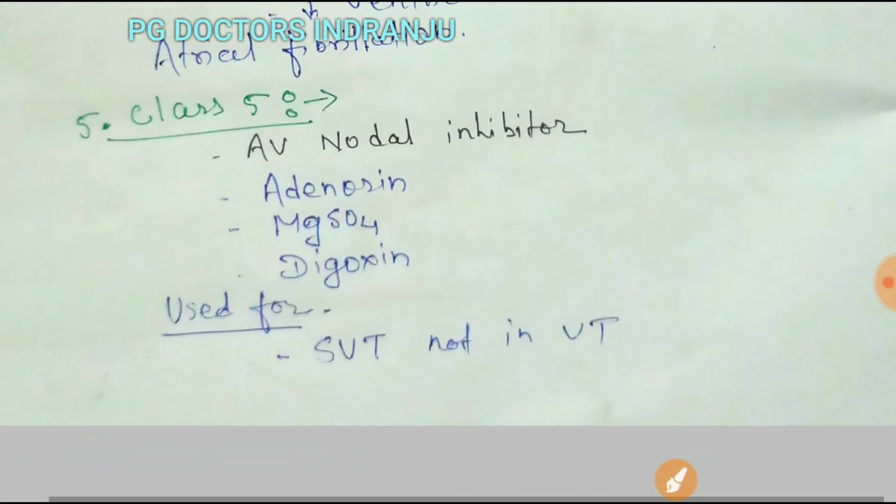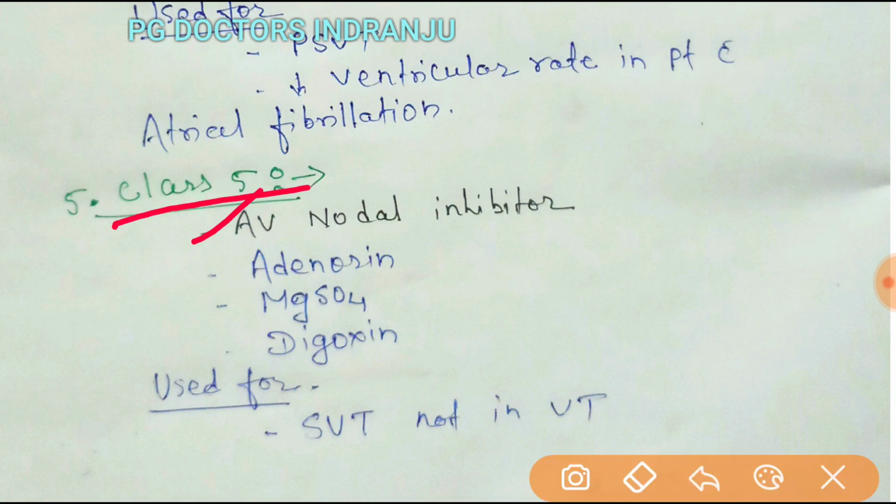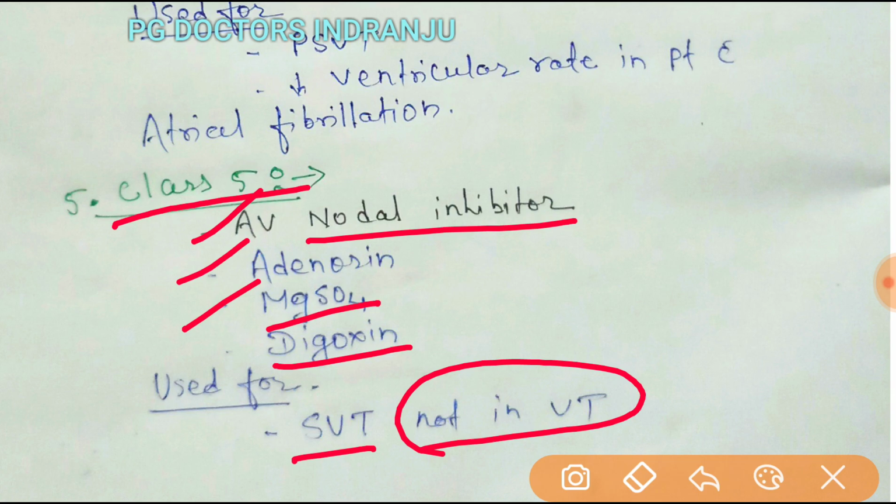And next is class 5. Class 5 drugs are used as AV nodal inhibitors. Under this category, the drugs are adenosine, magnesium sulfate, and digoxin. These are used for supraventricular tachyarrhythmia, not in ventricular tachyarrhythmia. This is the classification of